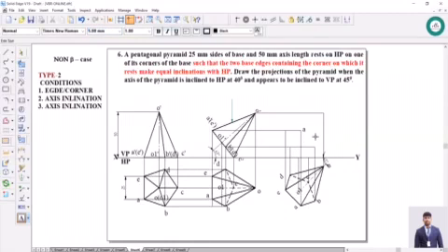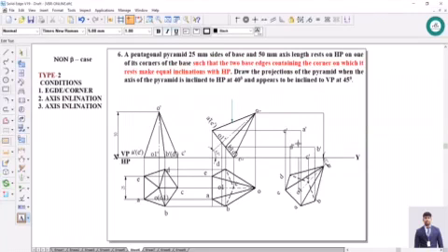This is A dash, this is B dash, this is C dash, and this is D dash, and this is E dash.